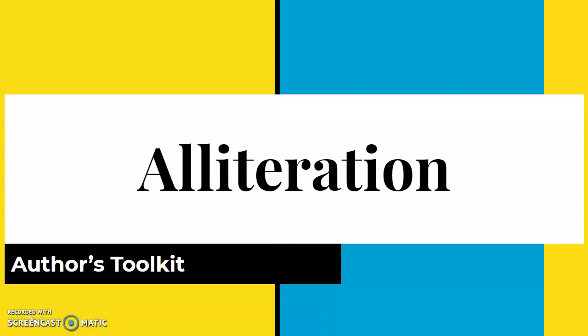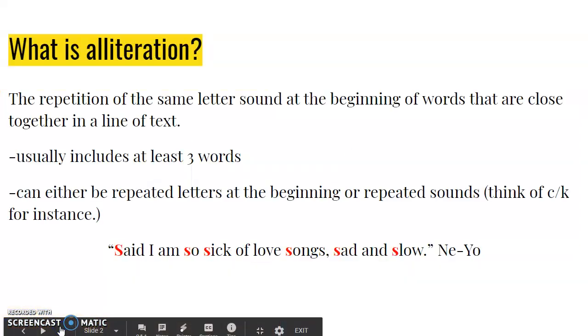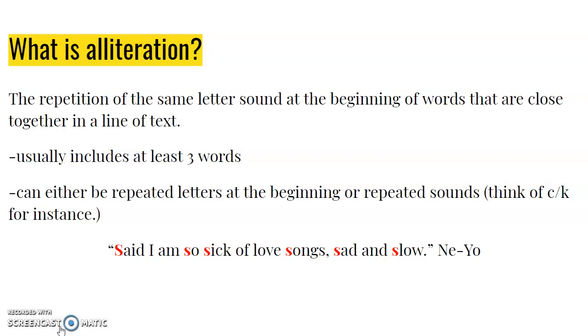In this toolkit, we're going to be looking at a term called alliteration. This is something that you'll see all throughout writing, but especially in poetry, it is often found. So let's look at the basic definition. Alliteration is the repetition of the same letter sound at the beginning of words that are close together in a